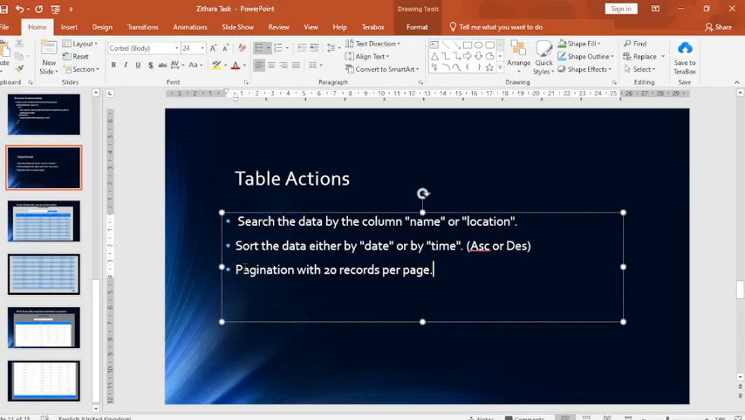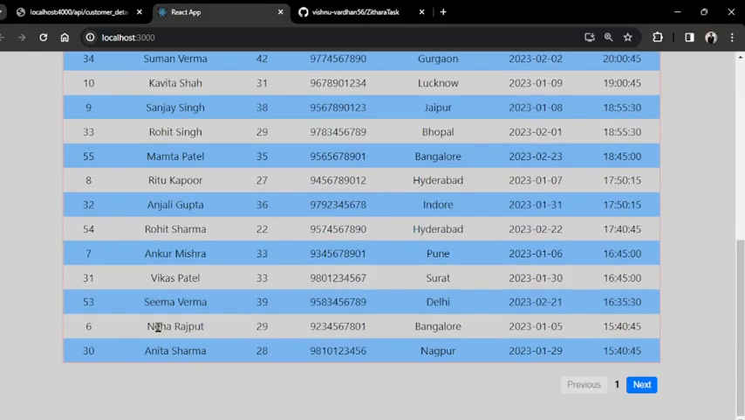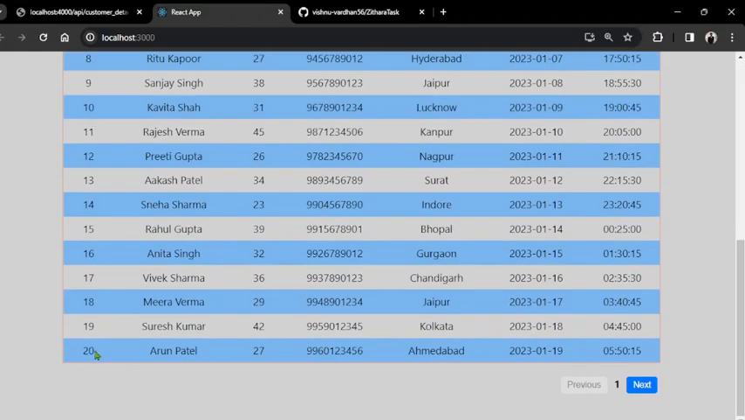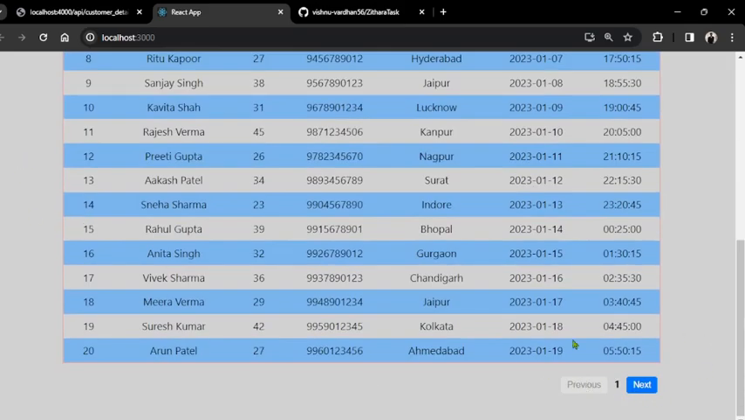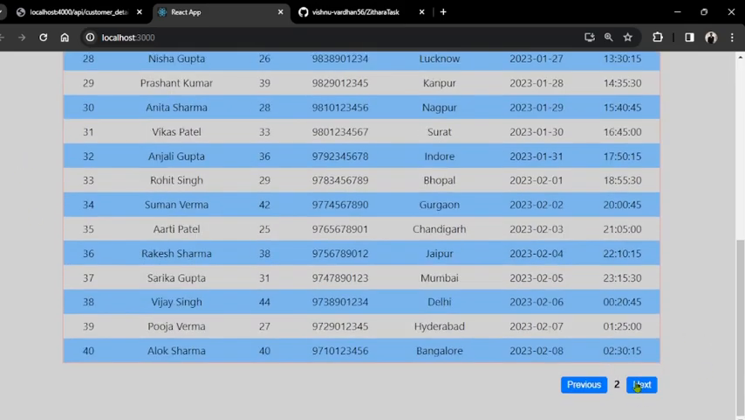The third functionality is pagination with 20 records per page. You can see we get only 20 records per page. This is called pagination, with previous and next buttons below the table. If we click on next,